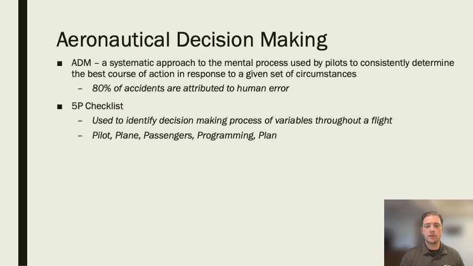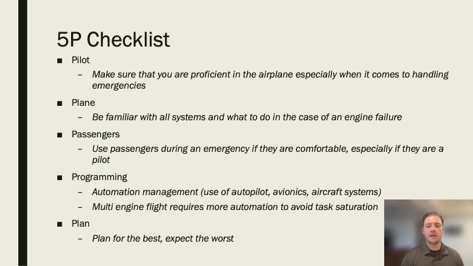So in this case, we'd want to use the 5P checklist. This is used to identify decision-making variables throughout the flight. This includes the pilot, the plane, the passengers, the programming, and the plan. So using the 5P checklist in this particular scenario where we're talking about losing an engine, as the pilot, we want to make sure that we're proficient in the airplane, especially when it comes to handling these emergencies. We want to make sure that we're familiar with the checklist that we just went over, handling an engine failure during takeoff, en route, and during landing,